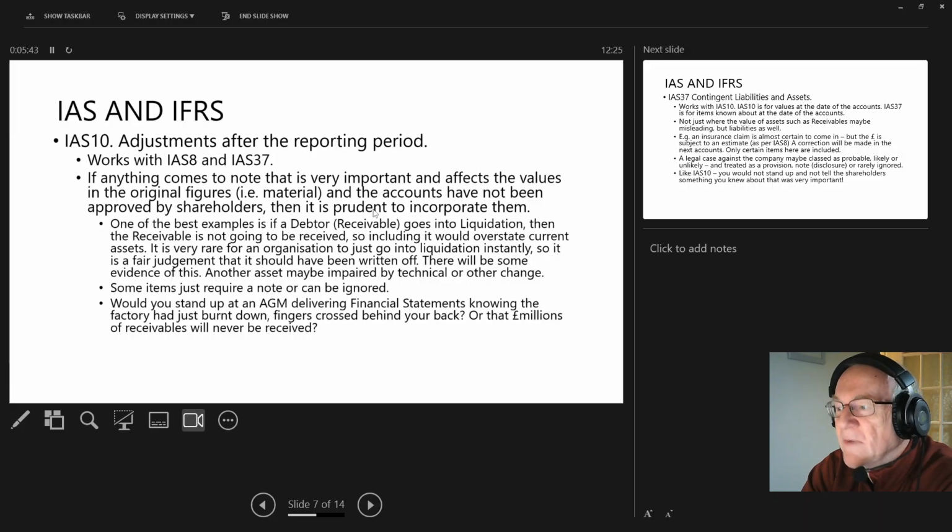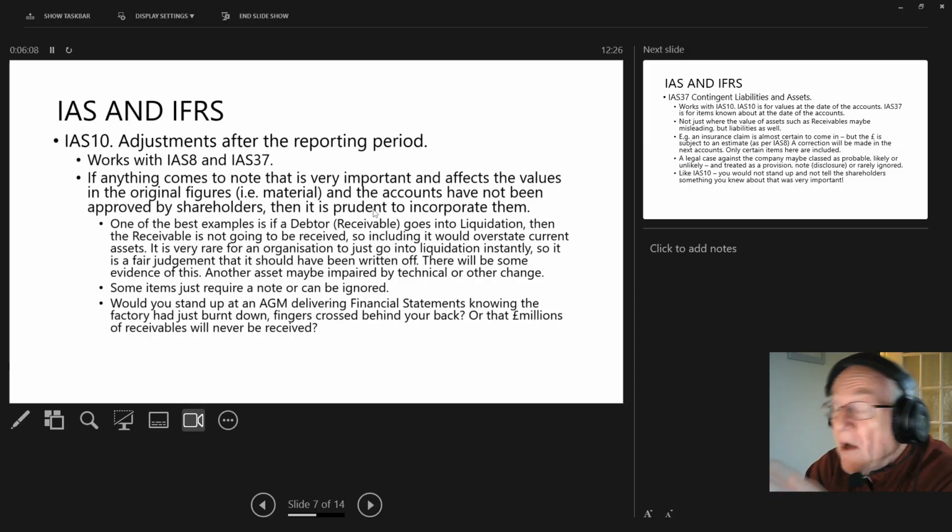Just because we only know about it a couple of weeks after doesn't mean to say it was never going to happen. Why? Well, organisations don't just go into liquidation instantly. That company was struggling for a year or two. There are one or two cases a year, notable cases occasionally, where a company has literally gone into liquidation at short notice, but it wasn't one day and then the following day.